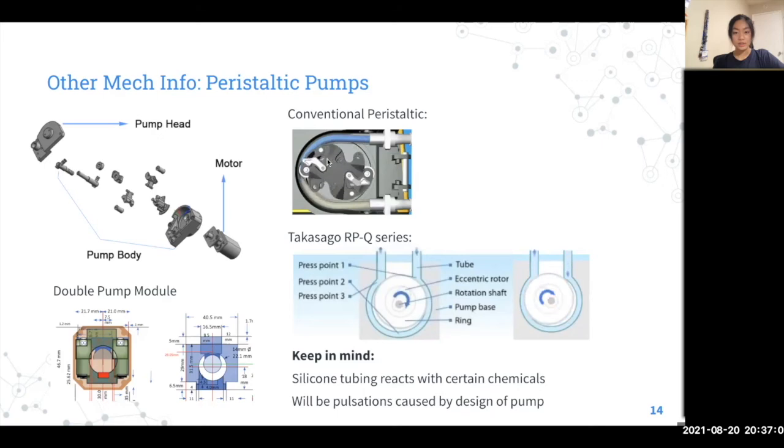You just have either 2 prongs or 3 prongs squeezing the tubing together so that the liquid has to flow through, and there's no backflow as well. In the case of Takasago, they have a tiny bit of a different design. Instead of 2 or 3 different contact points, they use a kind of weird shaft with a ring. When the shaft rotates, the ring squeezes the tubing at 3 different points. And so the fluid will keep moving because you're creating this vacuum that causes the fluid to